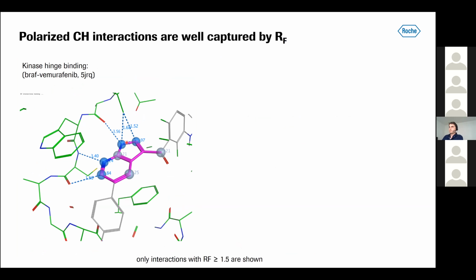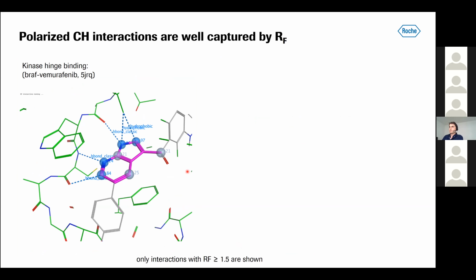Nicely, these RF values correlate well with known motifs, such as the kinase hinge binding. You can see when we look at these polarized CH atoms, for example, they all give very high RF values,